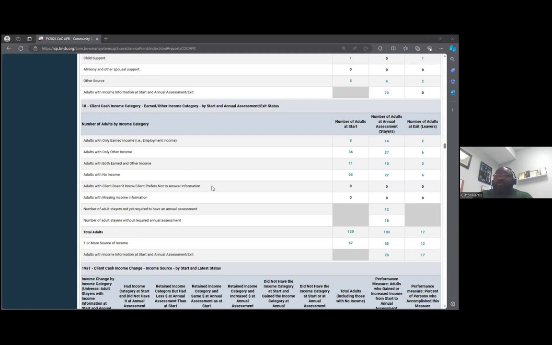One thing I want to make note on question 18, okay? So there's two things to look at on question 18 before you look at your 19, which is the performance part of the report. There's a number of adults not yet required to have an annual assessment. Okay, that's 12. Those 12 people won't be included in any of your performance pieces because they haven't been in the program long enough. So even if you have clients